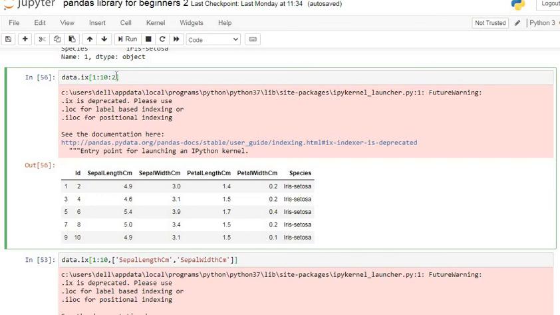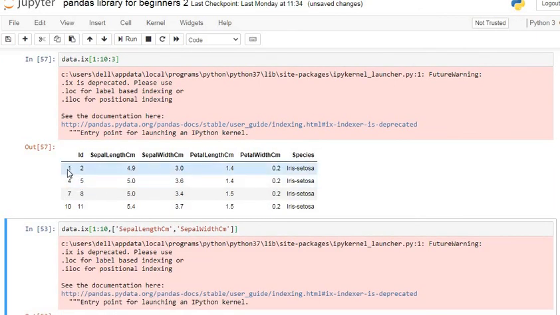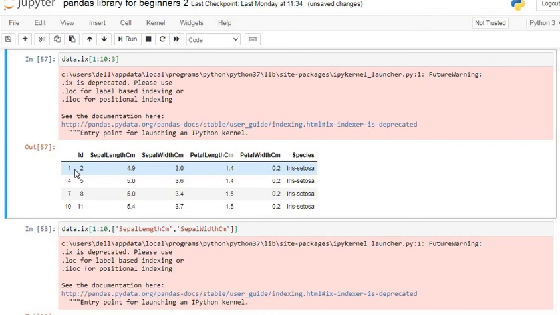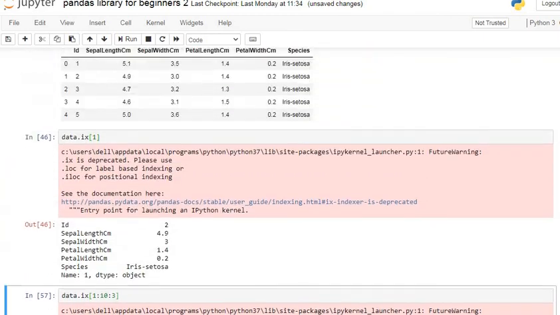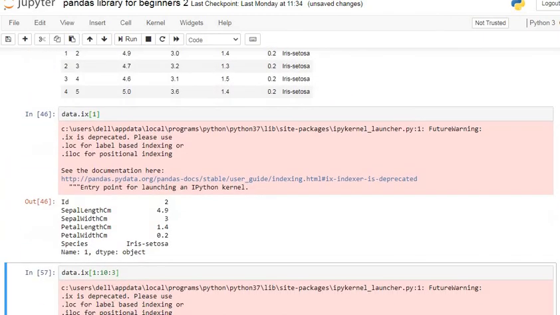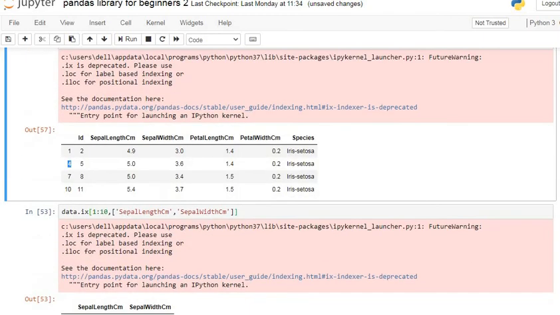So if you want your data frame rows in a particular order in your output, you can specify like this. Let's specify 3 here. The difference is 3. You can see first we get the first index, after that we directly get the fourth index, with a difference of 3. So this is the required procedure to use the ix function to retrieve different columns or rows from our data frame.